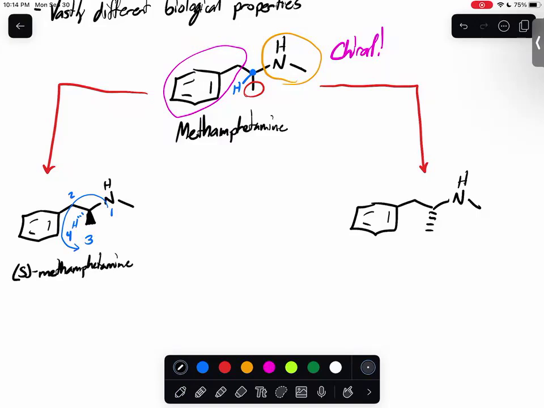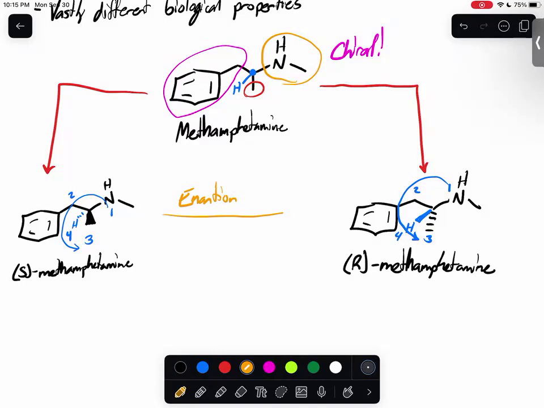And then the molecule on the right, where it has that hydrogen on the wedge. I'm not going to go through and draw the full thing. Just remember that just like with the right hand rule, if you're using that, this is one, two, three, and four, right? It's rotated and it's looking like it's counterclockwise. But keep in mind if the hydrogen, number four, is on the wedge, it is the opposite. So this is R methamphetamine. And as I just described, these are enantiomers to one another,